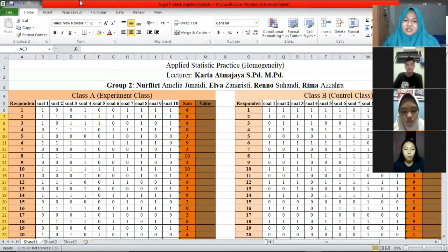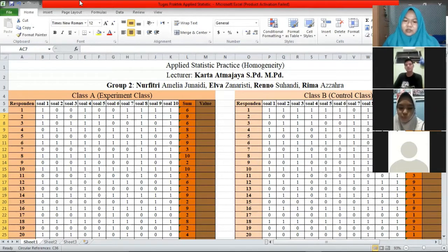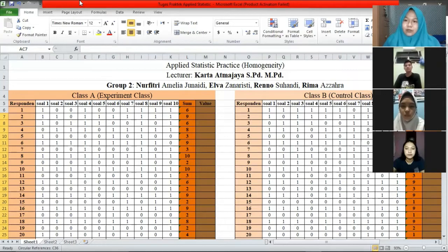Homogeneity test is a test conducted to find out that two or more groups of data samples come from populations that have the same variance, or homogeneous. This test is recommended before performing other tests. This test is used to ensure that the data groups do come from a population that has the same variance or homogeneous. The homogeneity test is said to be homogeneous if the significance value is above